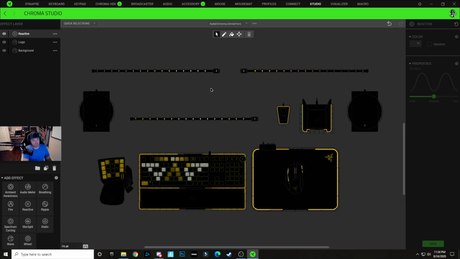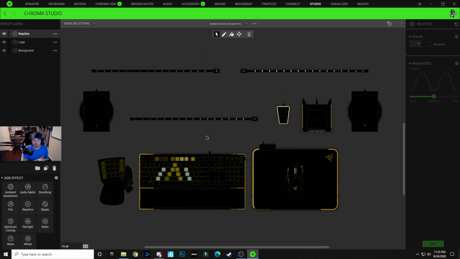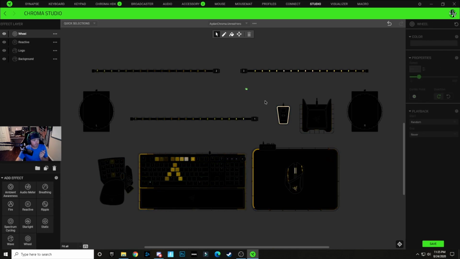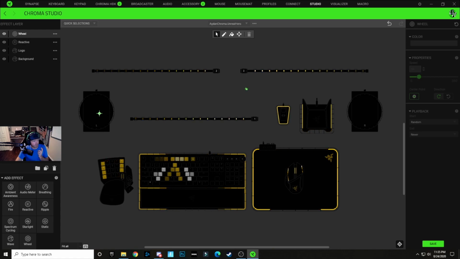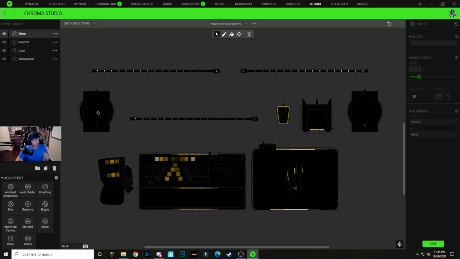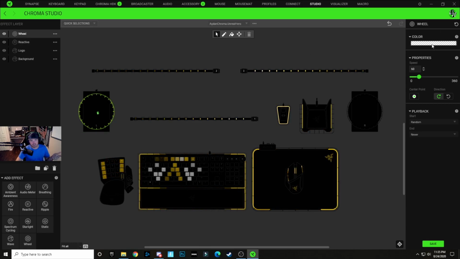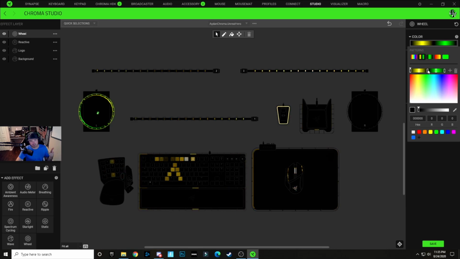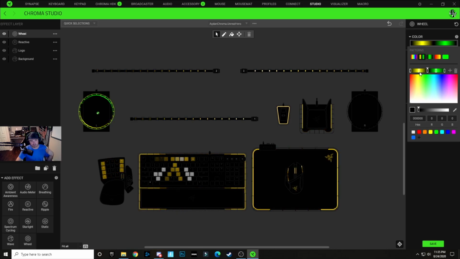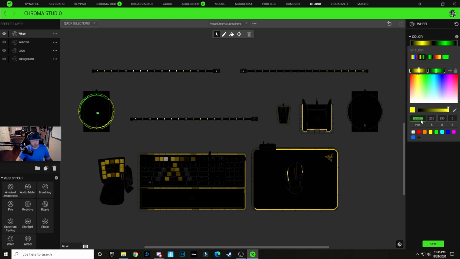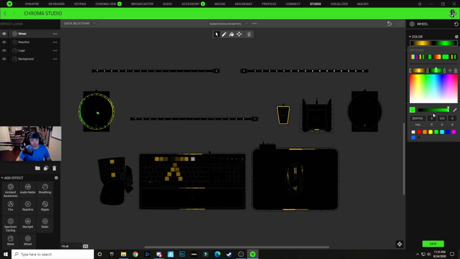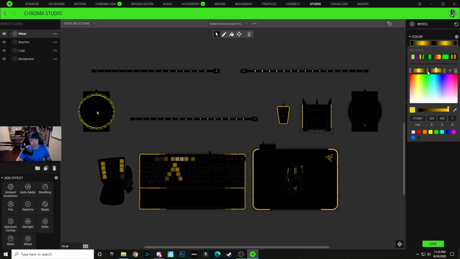So last but not least, we have our Razer Nomo speakers. Okay, what I'm going to do is I'm going to add the wheel effect. So we have this wheel layer. We are going to put that right in the middle, and we are going to select our left speaker. Click on our color drop down, 5-node pattern, and we're going to basically do what we did for the halo portion. So we have the gold color here in the middle, gold color here as well. We're going to have white in the very middle,